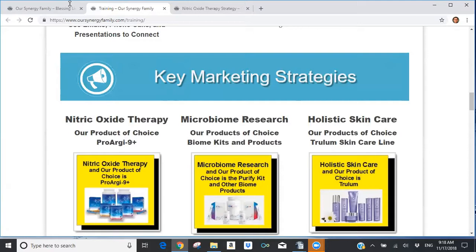Nitric oxide therapy with our product of choice, Pro-Arginine Plus, or maybe they want to really focus on gut health and help people with weight management issues. Then microbiome research with our product of choice, the Biome Kits and other microbiome products from Synergy Worldwide. Maybe they are into skincare. They came out of one of the other skincare companies. And so that's what resonates with them. So you can help them understand how to implement a holistic skincare marketing program using our product of choice, the